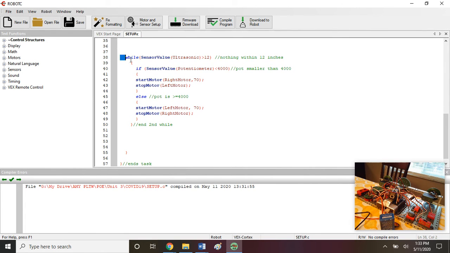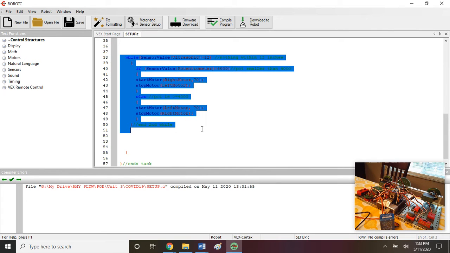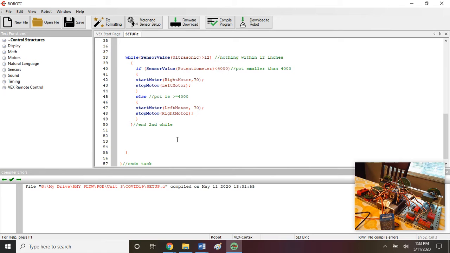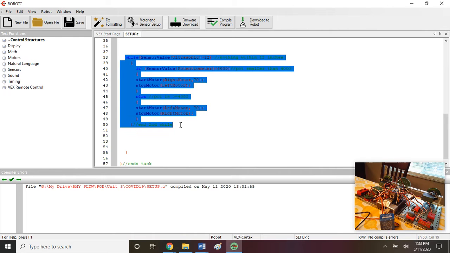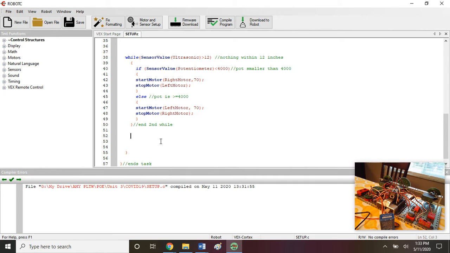Like if my motor's turned on inside of here, my motors are never going to stop. So inside right here, if I want everything to be off, I need to tell it. So in other words, hey, if you ever jump outside of this loop, I need you to stop my motors. So let's go ahead and say that. So I'm going to back up. I'm going to say stop motor,